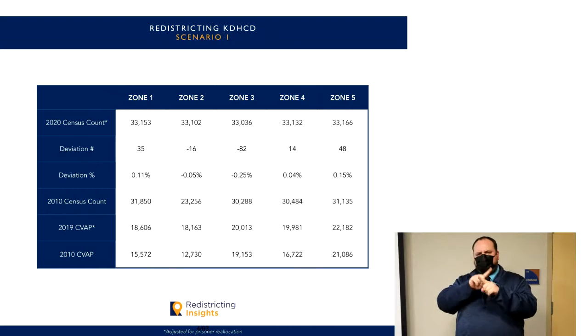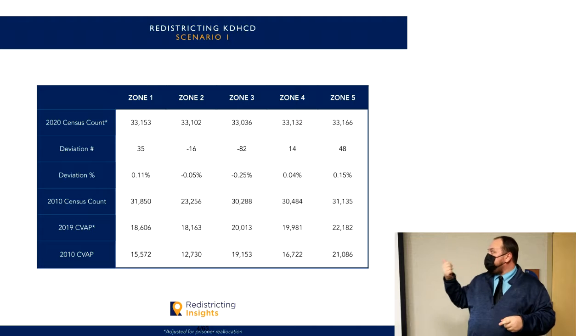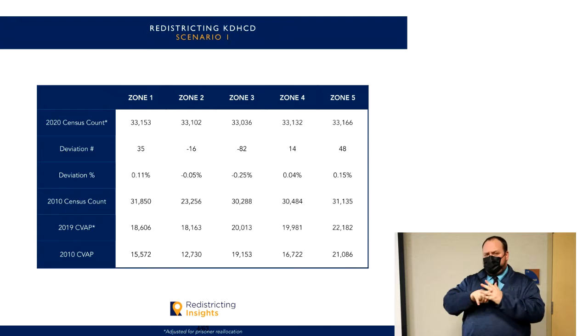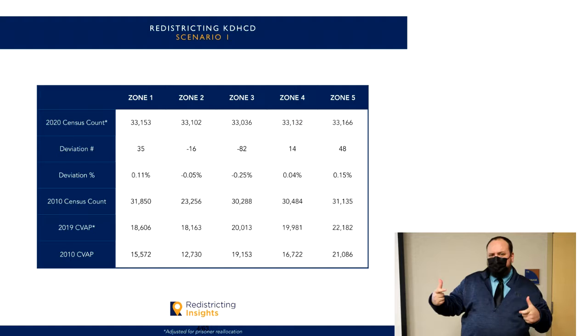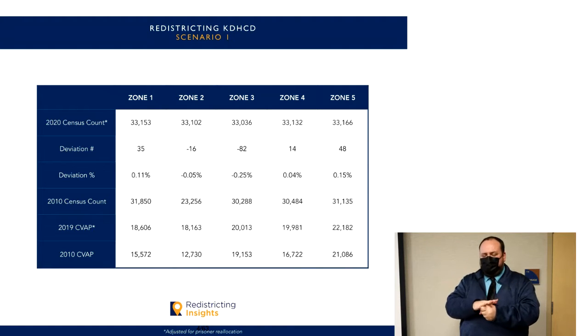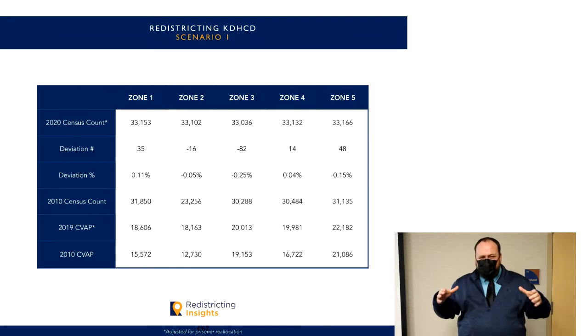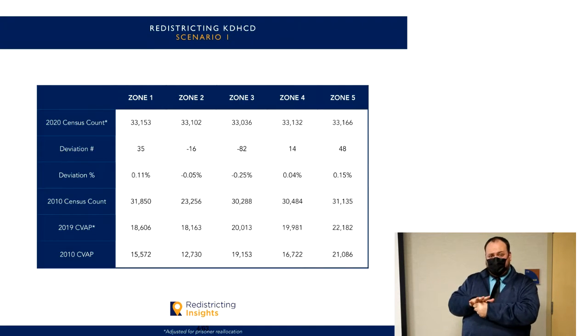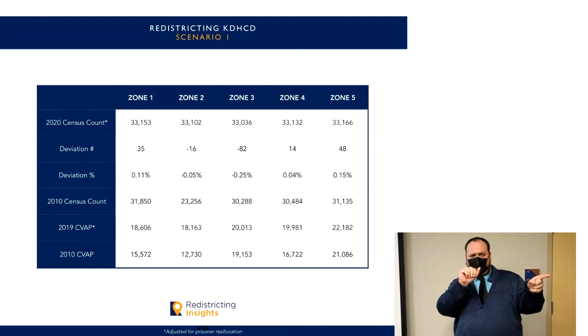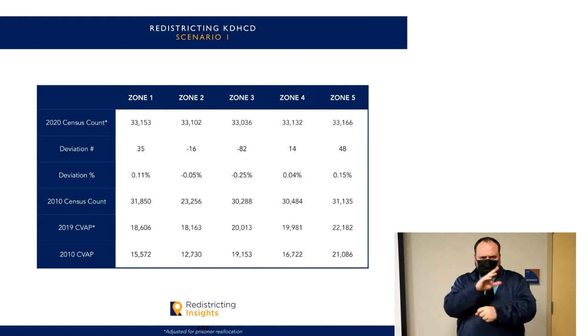So we have this first one, scenario 1, where we have these 5 districts right here. We'll start with this large yellow one, which takes up mostly the northern and eastern parts of the district. You can see the population in this district, and its population deviation, which you may remember from Matt's presentation. We want the total deviation to be well under 10, preferably. Generally, we aim for 5%.